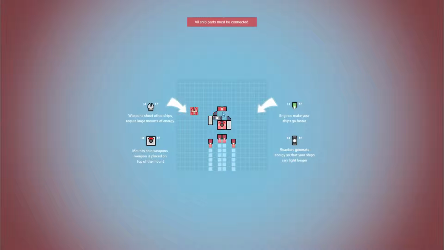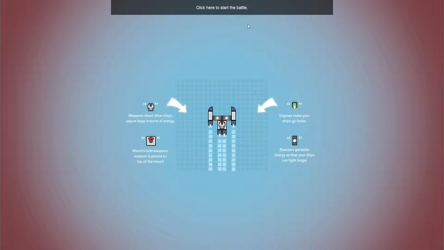How should we design this, guys? And the thing is, every single part has a fixed cost to it. So the more engines you put, the more money it costs. The more guns you put, the more money your ship's gonna cost. And it's all about balancing that cost analysis, so you have the most efficient ship you could possibly